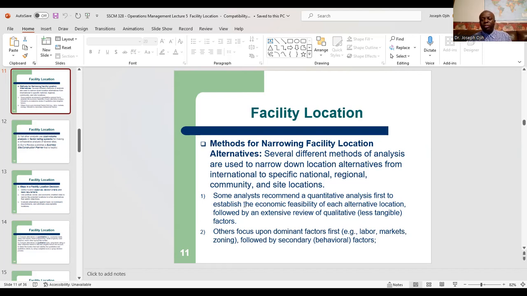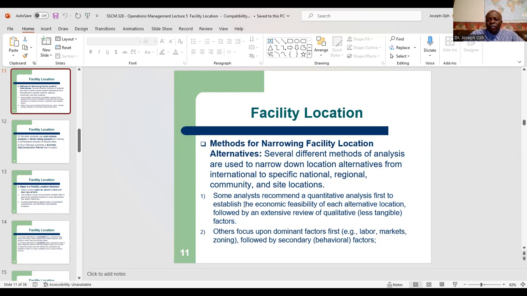Some analysts recommend using quantitative methods to establish the economic feasibility of each alternative location. Then after that, you can conduct an extensive review of qualitative factors. Now, others focus more on the dominant factors first, such as